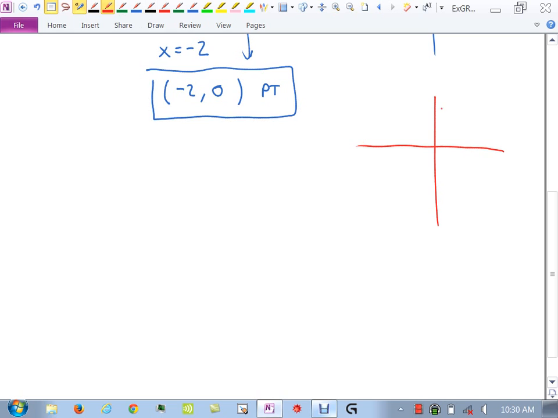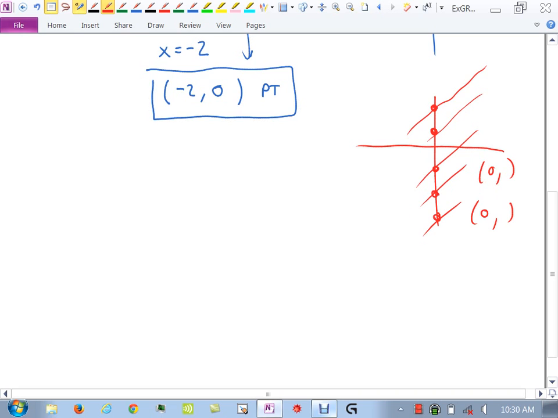How about trying to find these points here, where our line might hit the y? If I draw a line that goes through there, what do all those points have in common? What do all their x-coordinates have to be? 0. Right? For any of those points, x is 0. So to find the y-intercept,